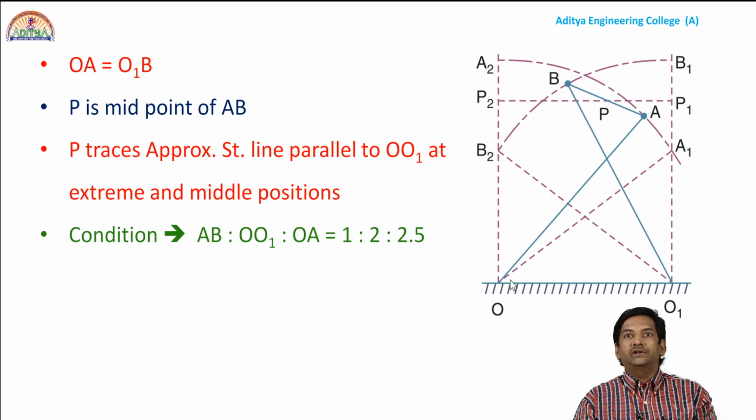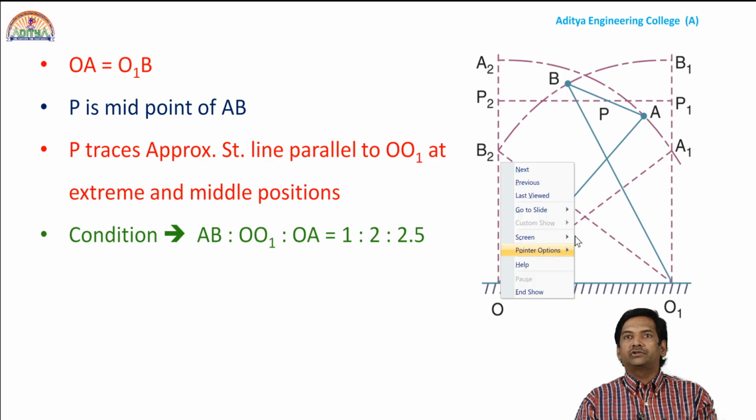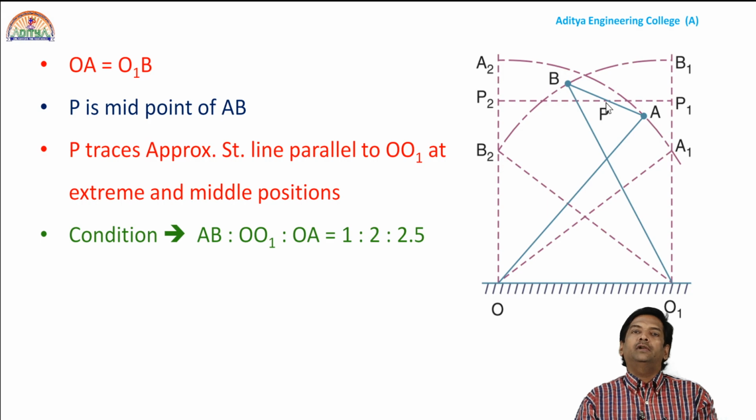So here the condition is OA will be equal to O1B and P is in between A and B. That means whenever these two lengths, OA and O1B, are equal, P will obviously be the midpoint of AB. Now, the condition for P to trace an approximate straight line parallel to OO1 will be